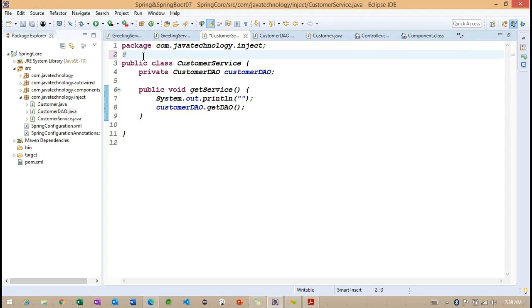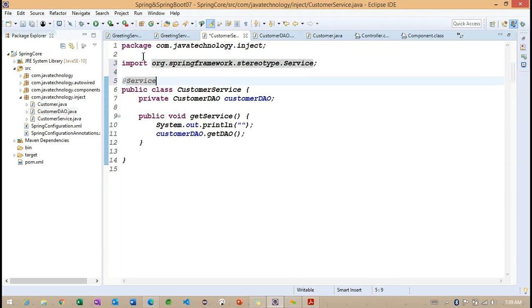But here, I want to make it a service annotation. Why do I want to make the service annotation here? Basically, we are going to work with the annotation style. Getting the point. Whenever we work with this annotation style, we need to specify the bean information.